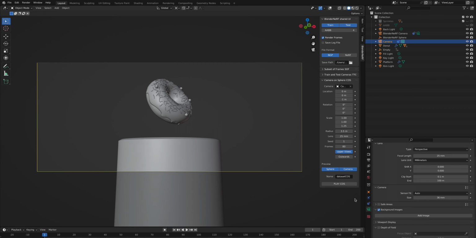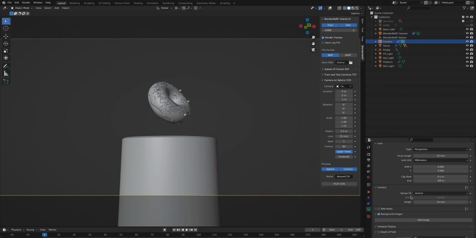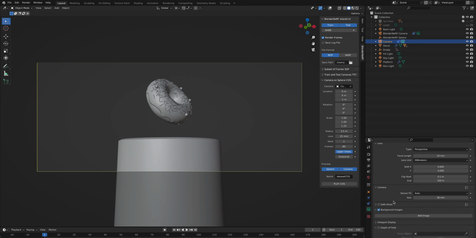NeRFs will typically start to behave well from 50 to 150 images. Everything in that range should lead to good reconstruction quality. Note that more images do not necessarily mean better reconstruction. From practice, I have also noticed that extreme focal lengths tend to perform worse. Any values between 30mm and 70mm usually work fine for me. And last, for reasons that I am still uncertain of, the vertical camera sensor fit occasionally leads to somewhat distorted NeRF volumes. You might want to avoid it if you can.